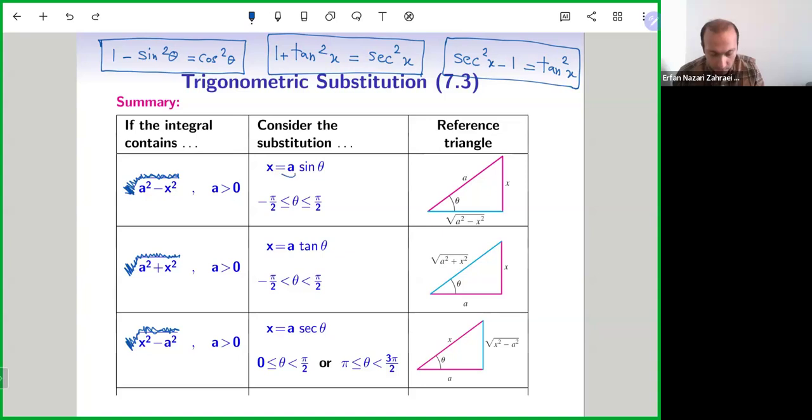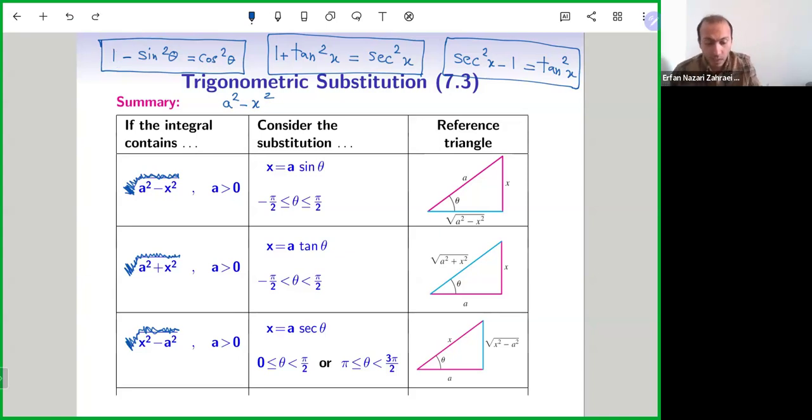You may ask why we have these a's. It's to actually get 1, not any constant. For example, for this one, let me do that computation here. I have a squared minus x squared. My goal is to use this. It's not constant plus something squared, and it's not something squared minus constant. It's constant minus something squared, which is this one. So I want to use this, but here I have a squared, not 1.